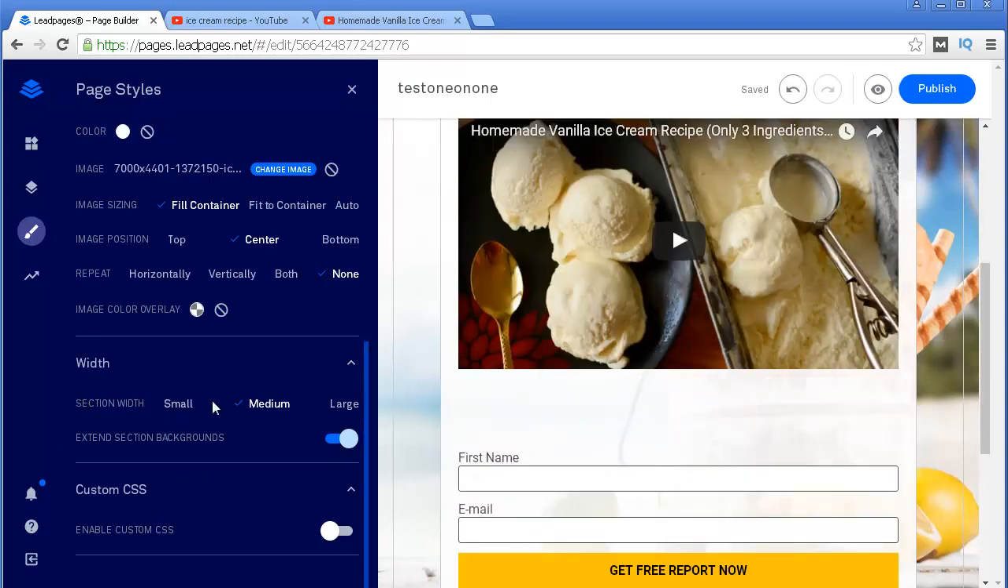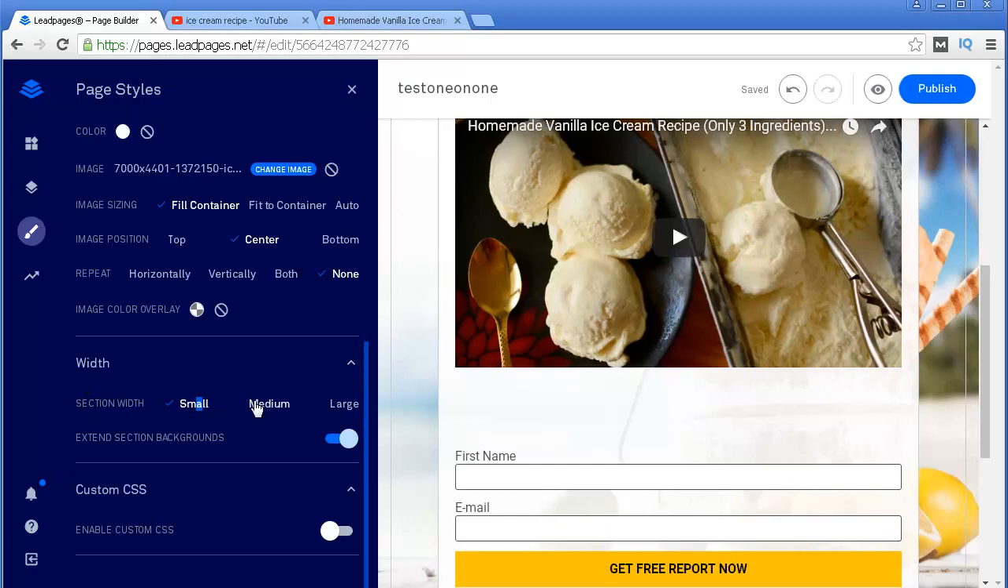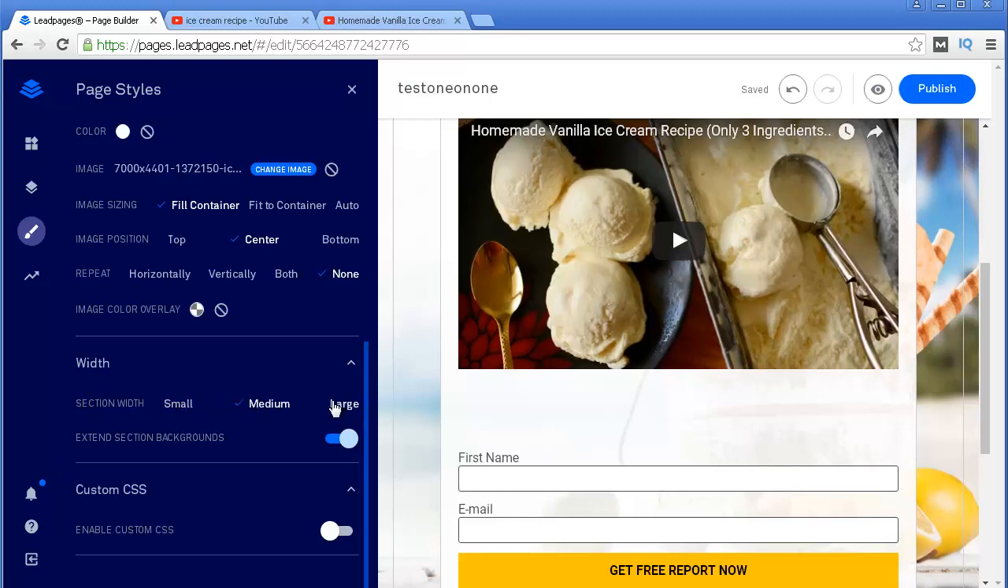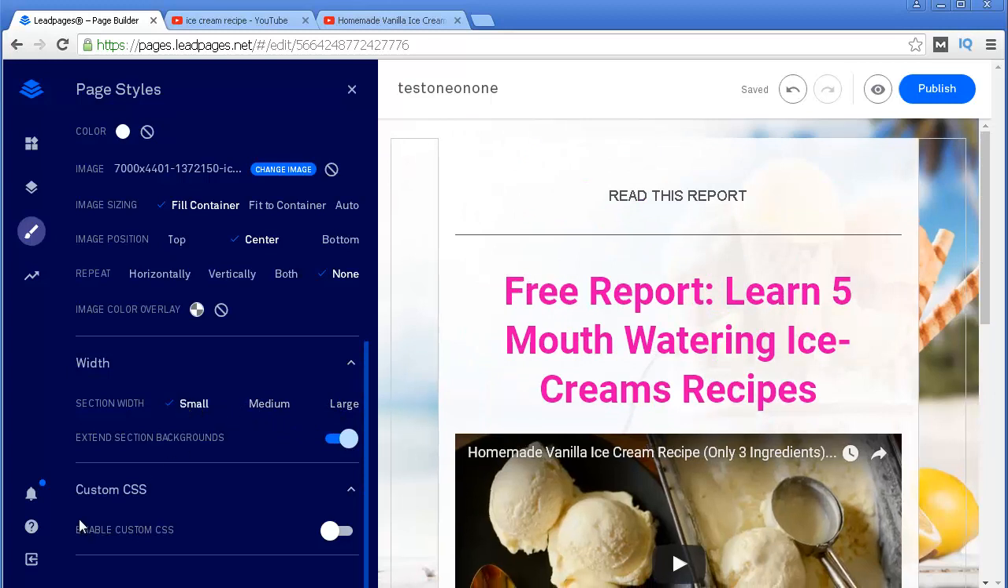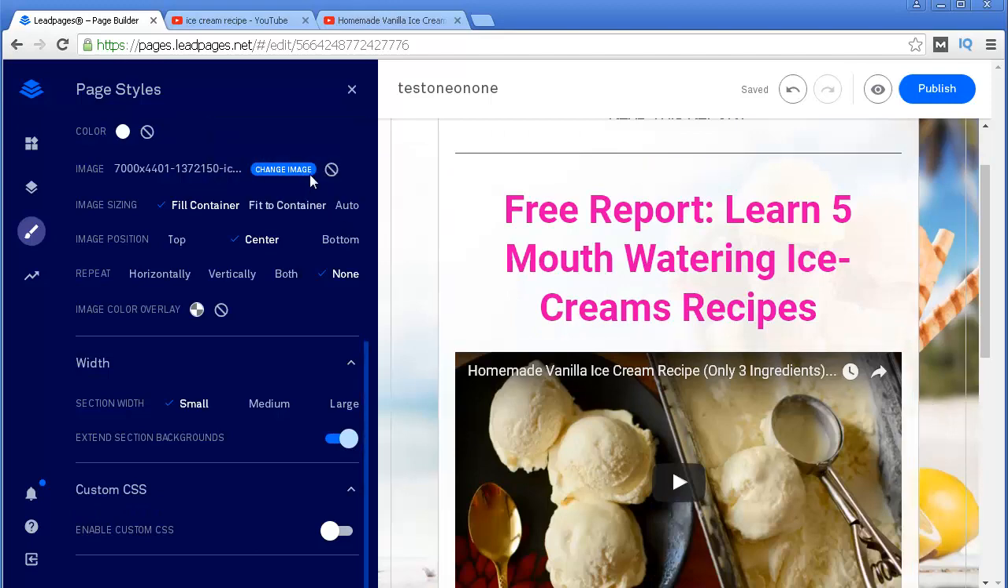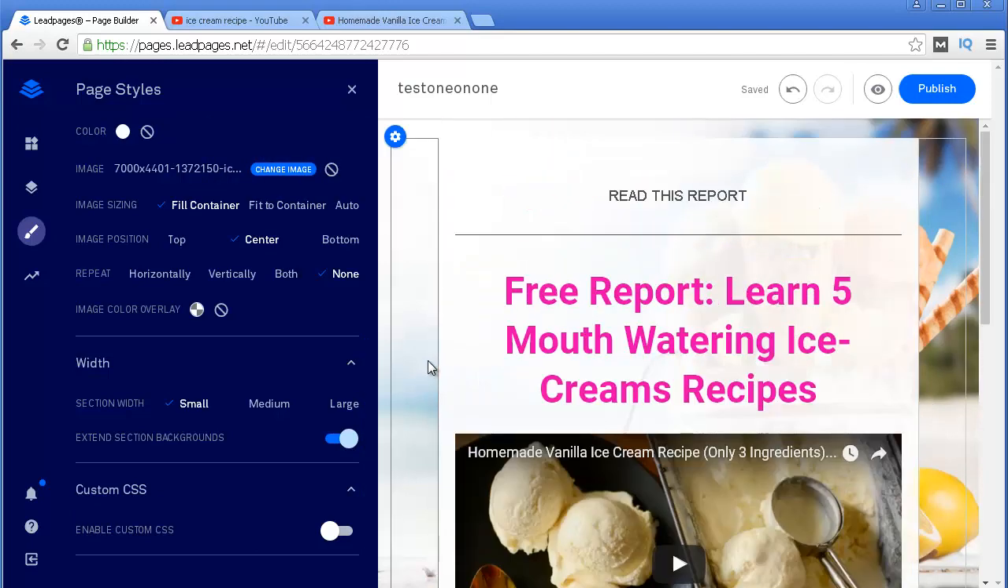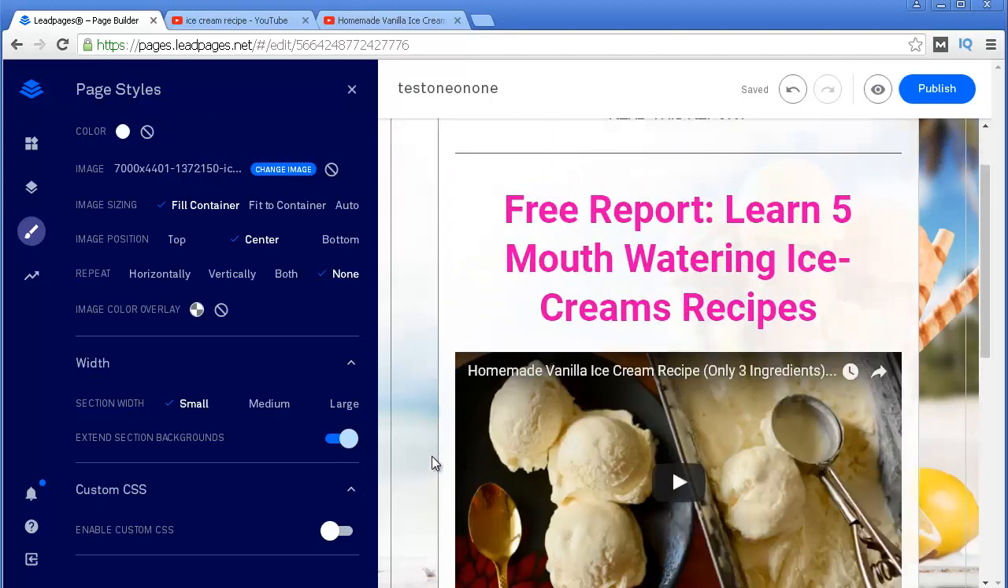Also, you can change the width of your page, medium, large, nothing special here. You can also add some custom CSS, but I'm guessing if you're a beginner, that's not something that you really know much about. And actually, I'm not sure if I mentioned this, but you can also, once you go over here,